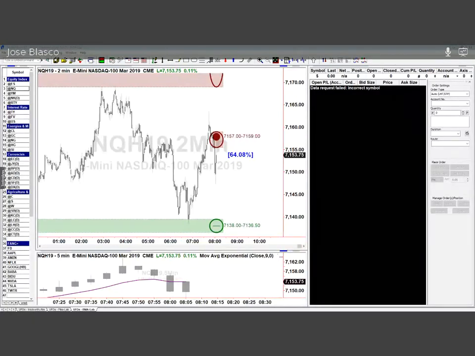So we have the AutoUFOs in front of us. Nasdaq is what I have loaded on my chart. The symbol, you can see it on the upper left, NQH19. The time frame is the 2-minute time frame. Let me point at a couple of those things. The symbol is the Nasdaq NQH19. And below, we have another chart, still looking at the Nasdaq, but notice how this time we are looking at the 5-minute time frame.